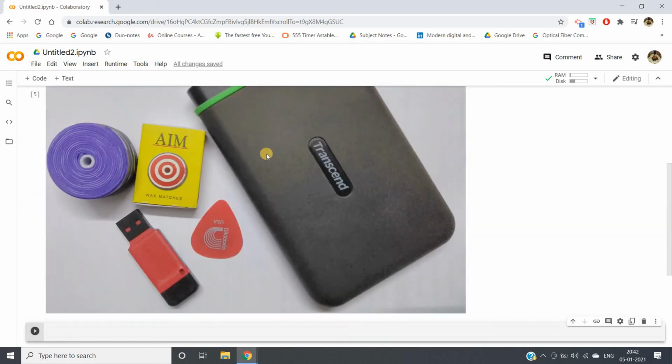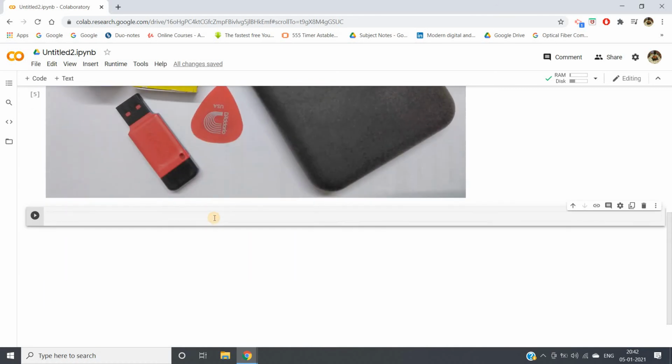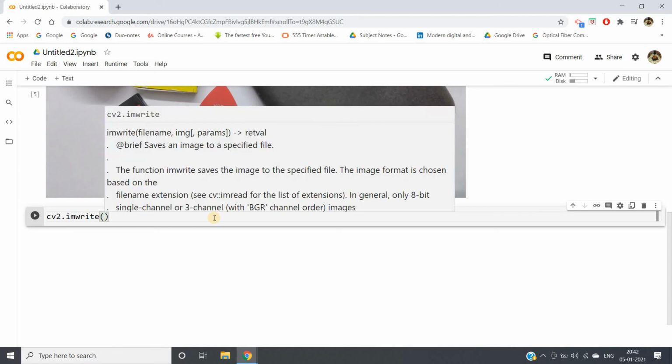Now suppose I want to write this image, because many times you have applied some algorithm or pre-processing technique to enhance the quality of the image, and then you are saving that intermediate image for further processing. For that the function is cv2 dot imwrite. What is the name of the image file you want to write?